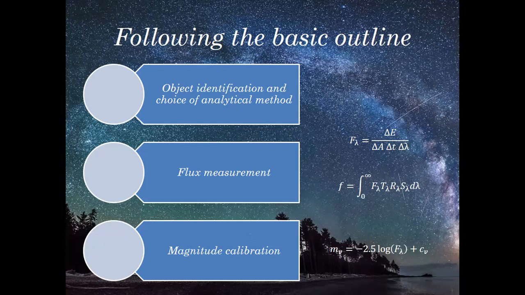And after getting this, the last step is that we need to calibrate for the magnitude. How do you calibrate your magnitude? The magnitude can be found using a very simple relation. The visual scale magnitude is minus 2.5 times the logarithm of f of lambda that you calculated from the first step, plus C_V. C_V is a correction term in order to have magnitudes properly calibrated, because most of the time you will see the Vega star, the Vega star in the Lyra constellation, is always considered to have zero magnitude in all wavelength ranges.